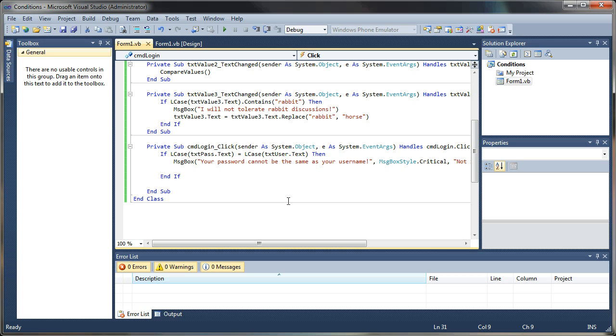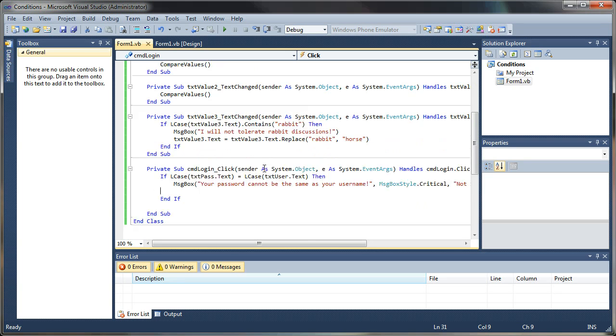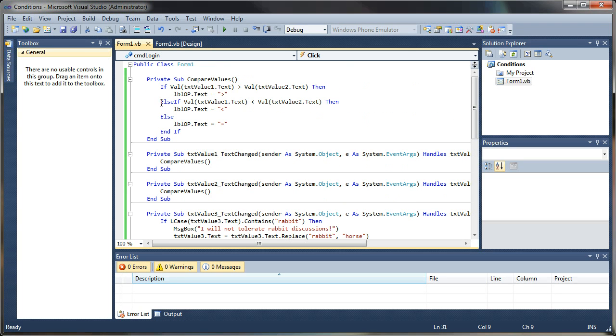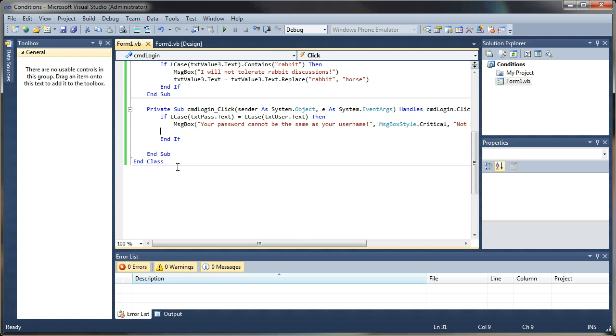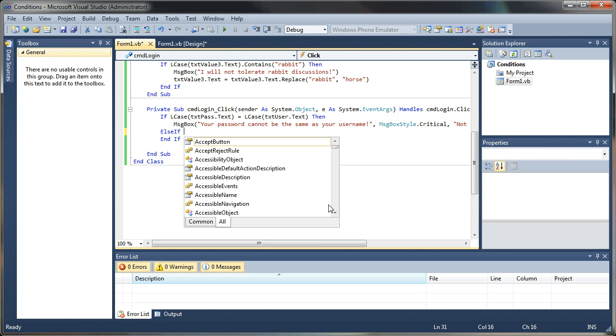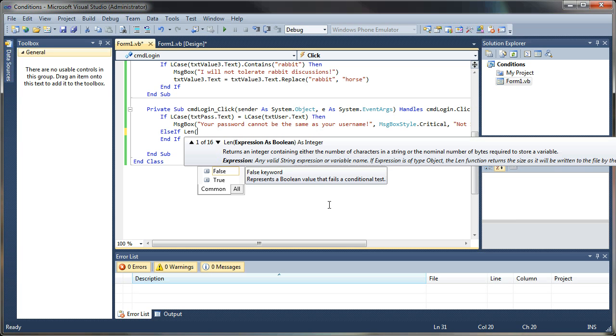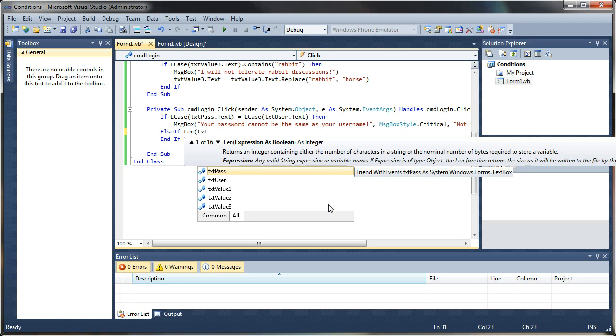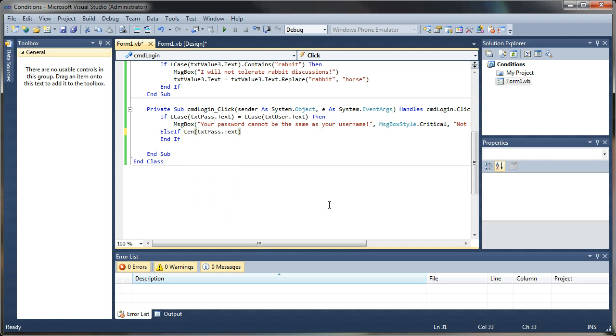What's another security feature? Okay, let's check if the length of our password is over 8 characters, because if it's too short, again, it's not going to be secure. So as we did above, to continue checking conditions, we use an ELSEIF, and the len function will return the length of a string. Okay, so we'll say if the length of our txt pass dot text is less than 8,